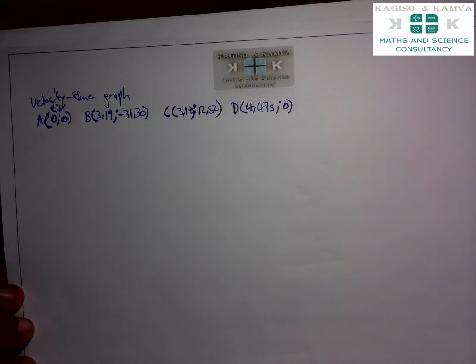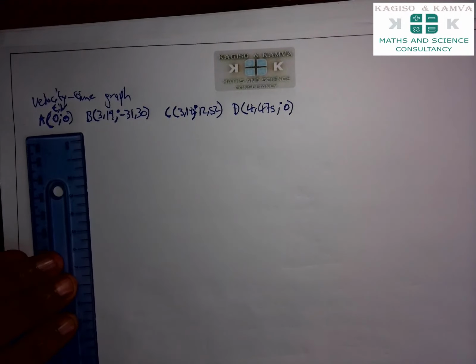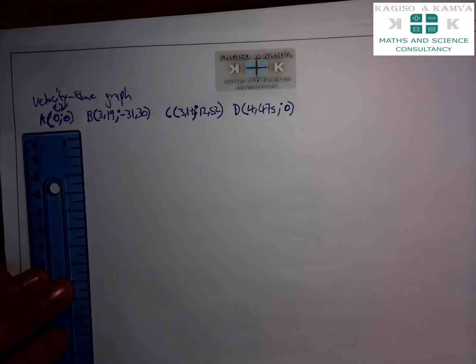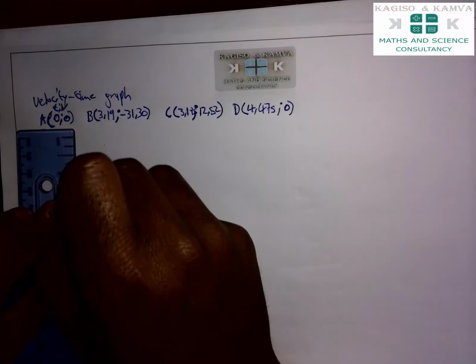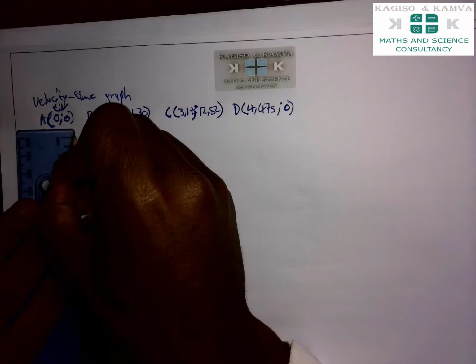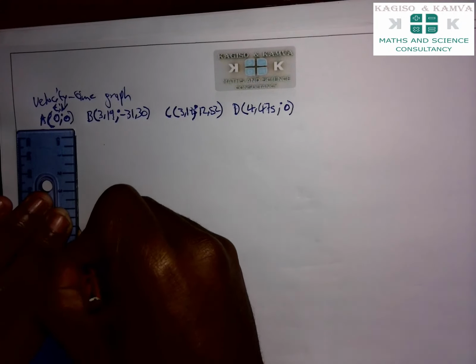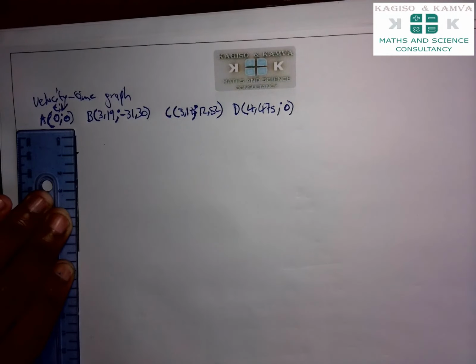Now how do we draw this? We're going to use our ruler. Where is the pencil? And then we say, if this is my 0, and then I'm going to use